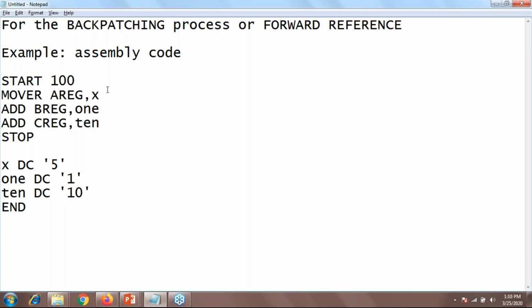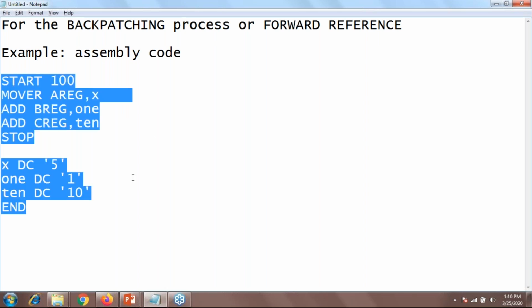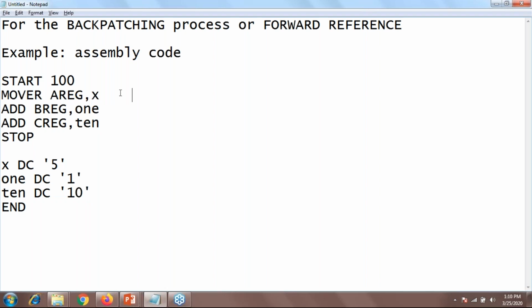Now, in the running process, if I am going to run my code in an assembly level language, the first sentence is stored something like move the value of x variable in the AREG register, right? But right now I don't have the value of x. Why? Because the assignment of my value of x is always after completion of your actual code, right?